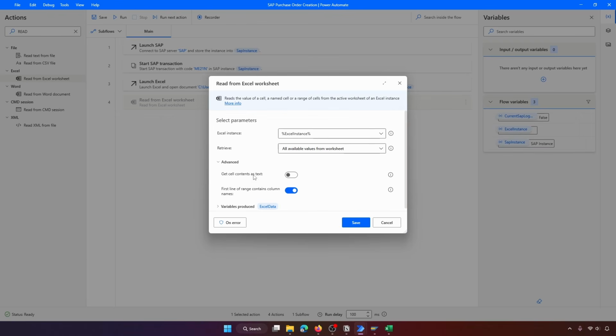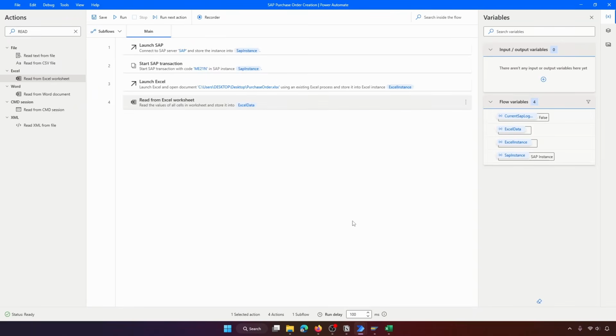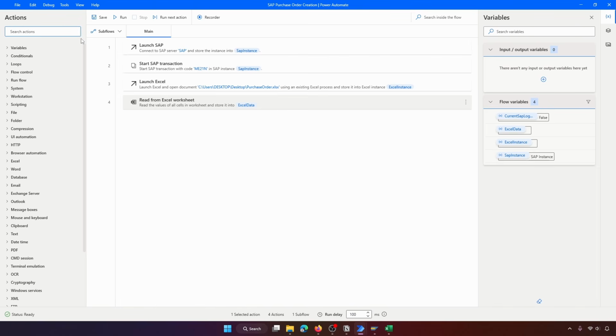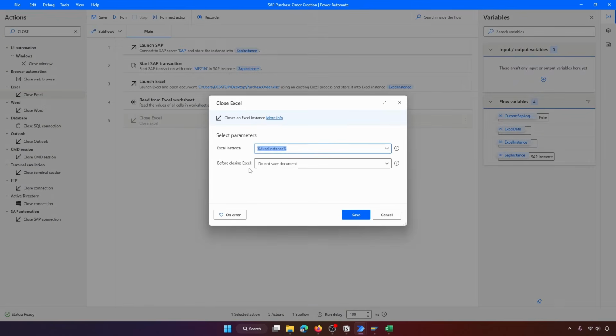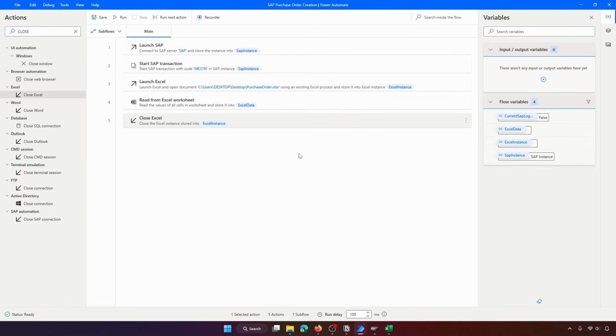So let's mark this option as true and let's click on save. And then after reading the Excel file, we can close it by using the close Excel action. So let's click on save. And so after having the data from the Excel file, which will be on the Excel data variable, we need